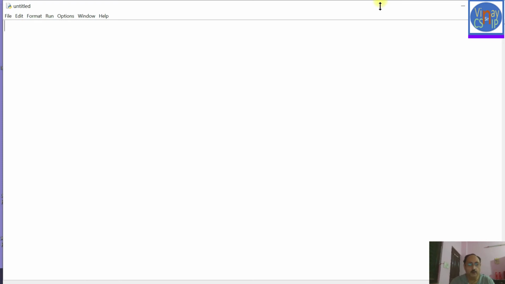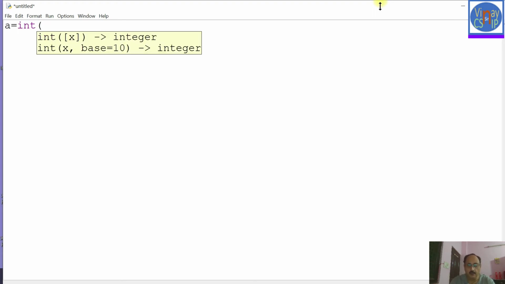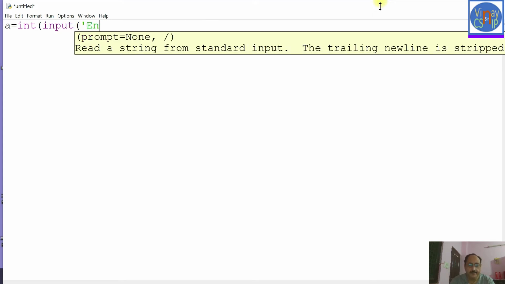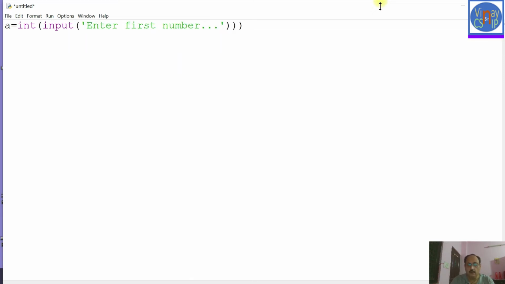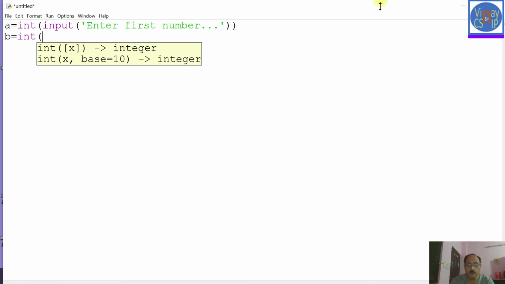first of all input two numbers. So I'm taking here variables a and b. a is int input, enter first number, and then another variable b for the second number, int, because I'm going to input an integer here.